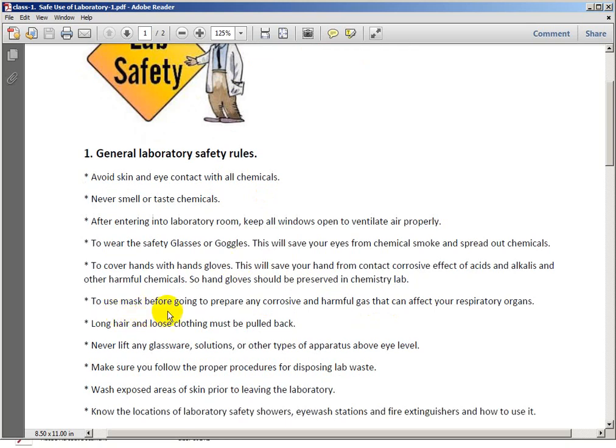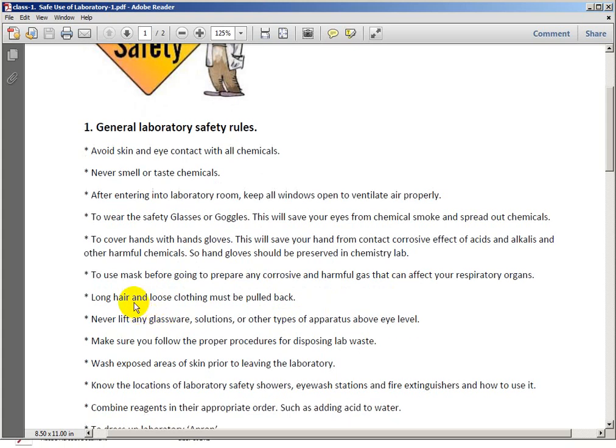Use a mask before preparing any corrosive or harmful gas, which can affect your respiratory organs. When you prepare corrosive or harmful gas, you should use a mask. Long hair and loose clothing must be pulled back, especially for girls. They have long hair. They must pull back their clothing and long hair,